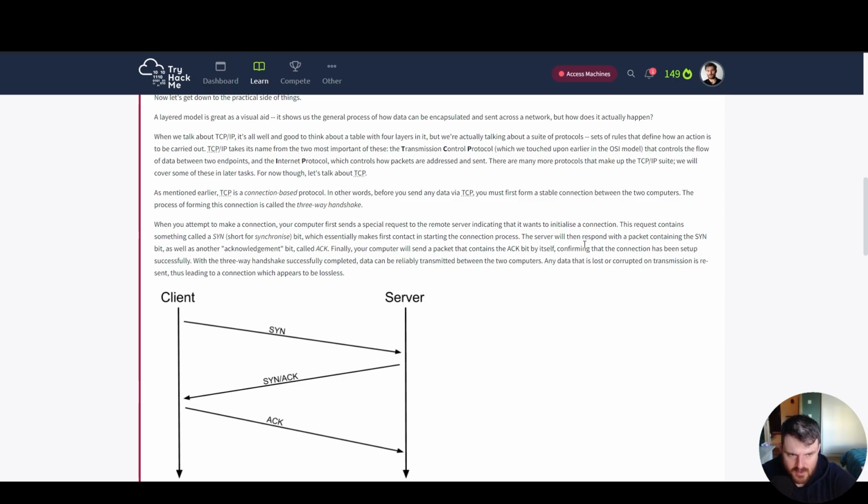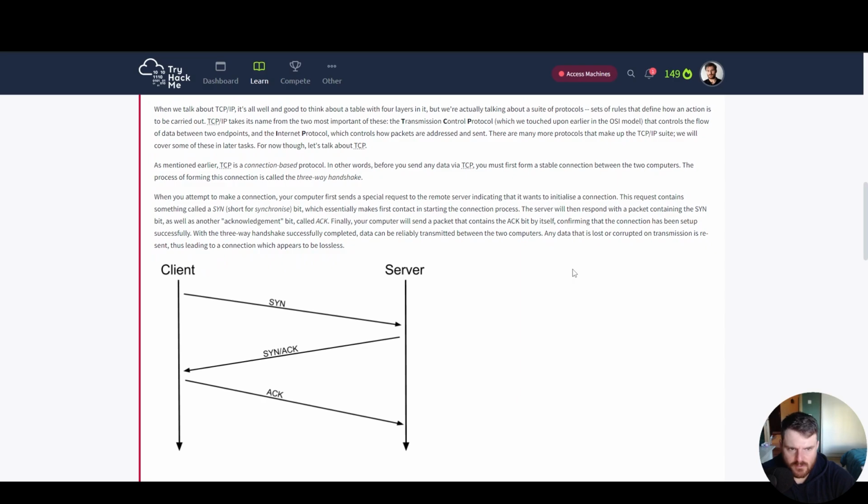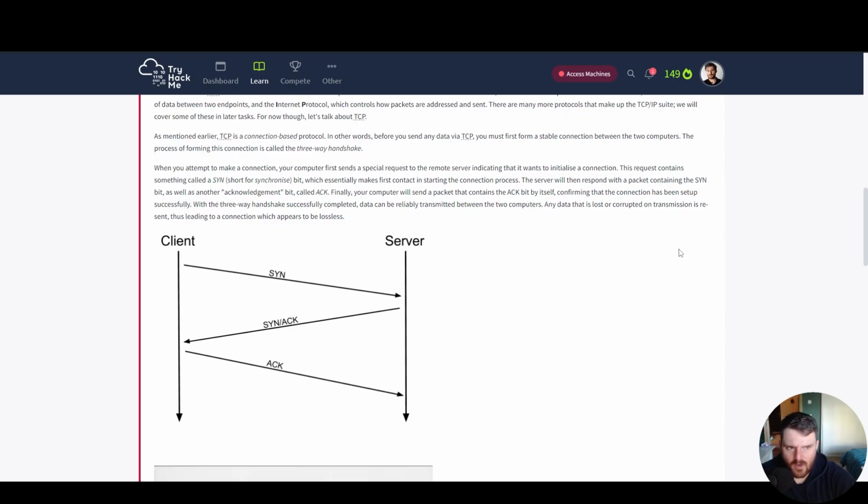the connection process. The server will then respond with a packet containing the SYN bit, as well as another acknowledgement bit called ACK. Finally, your computer will send a packet that contains the ACK bit by itself, confirming that the connection has been set up successfully. With the three-way handshake successfully completed, data can be reliably transmitted between the two computers. Any data that is lost or corrupted on transmission is resent, thus leading to a connection which appears to be